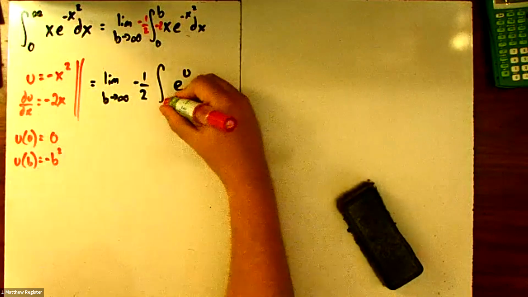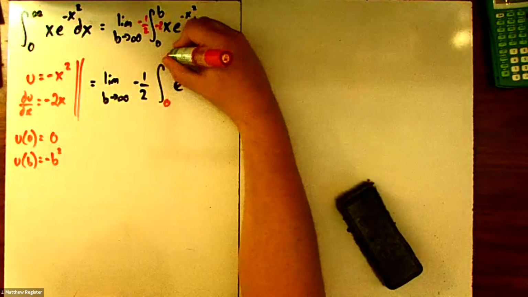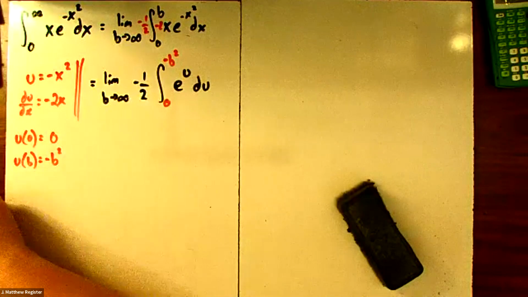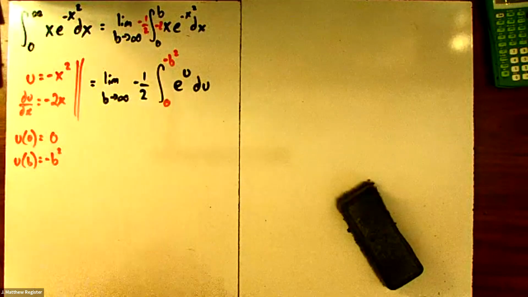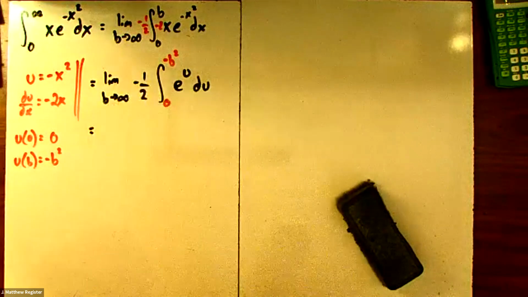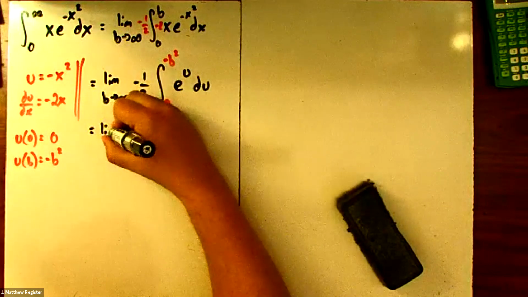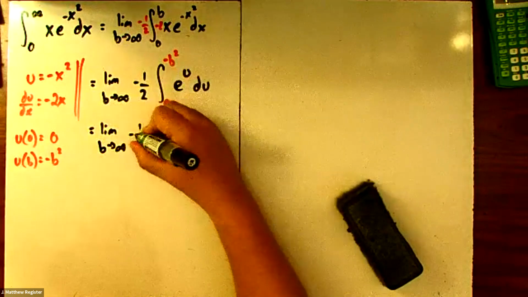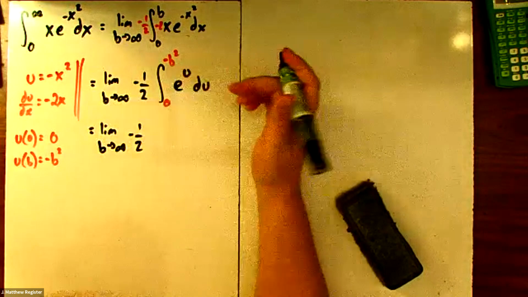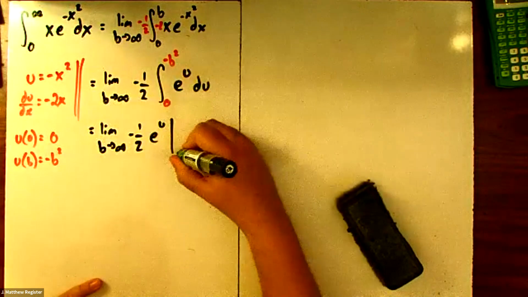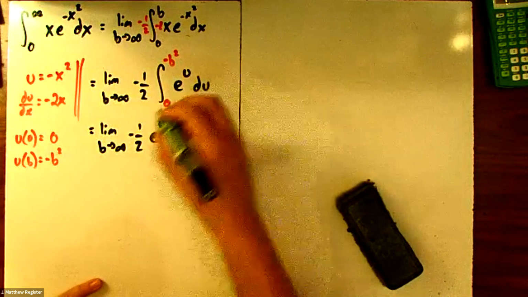So that tells us that we're going from 0 to negative b squared. This should hopefully work. Let's find out. So now we have the limit as b goes to infinity of negative 1/2, e to the u from 0 to negative b squared,